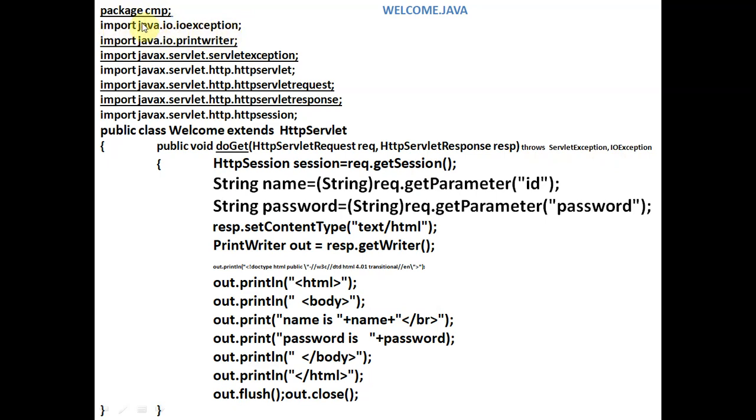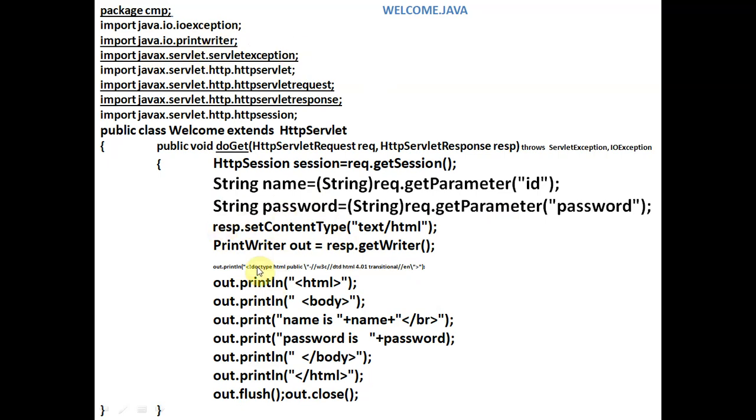This package is inside the io package, and io is inside the java package. And then we are writing PrintWriter. When we send the response, we will use the PrintWriter package, meaning we have to write something. So that's why we will import here java.io.PrintWriter.